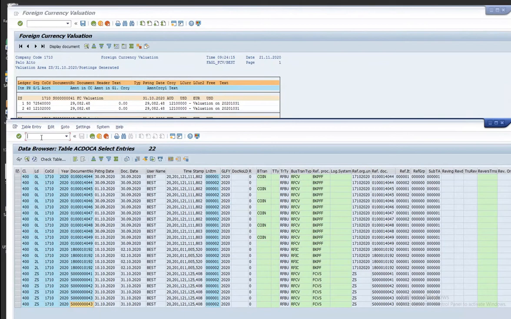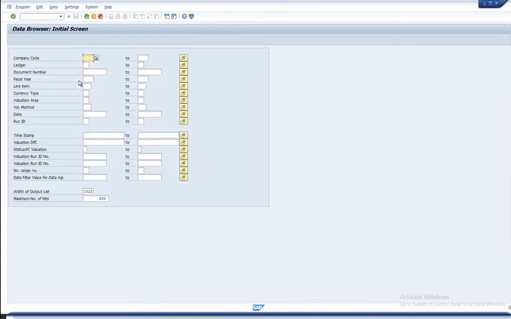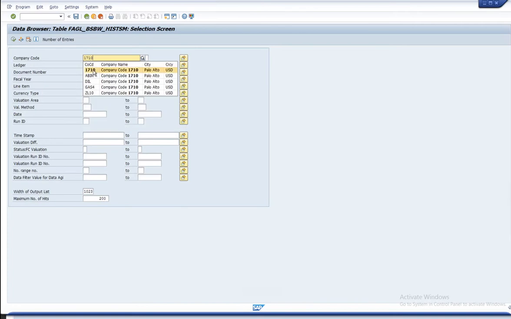And you can see this in another table. The one ending with SM is the table created for simulation ledger postings.